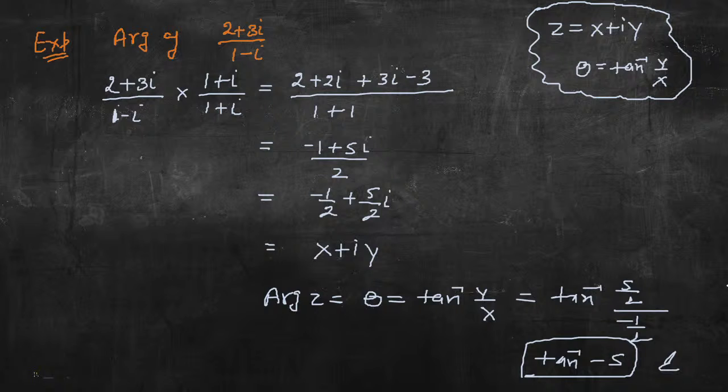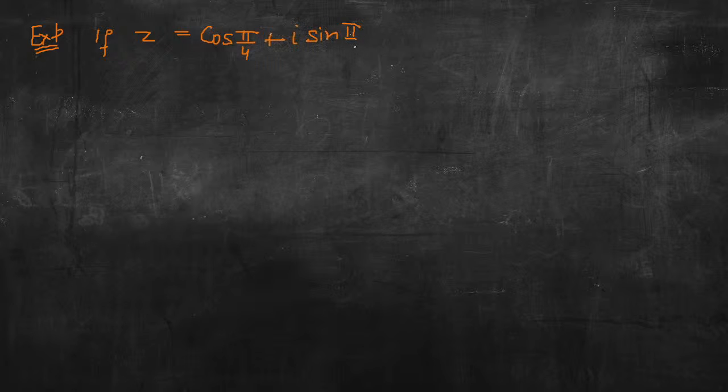Clear? Okay, so one question I am going to ask you. Everybody will reply, and I will notice that the student is giving a reply for this question. If z is equal to cos of pi by 4 plus iota sine pi by 4, sorry, sine pi by 6, then